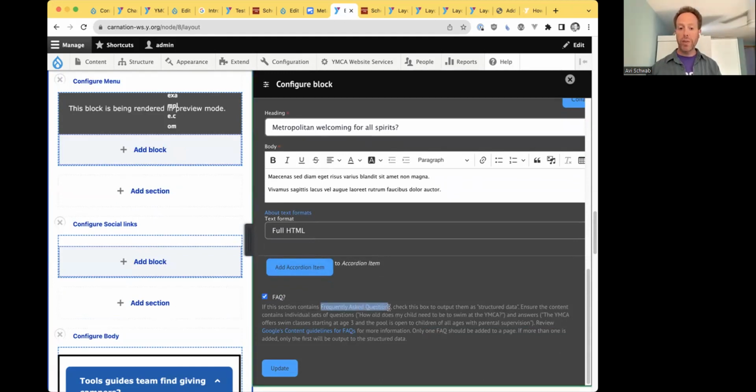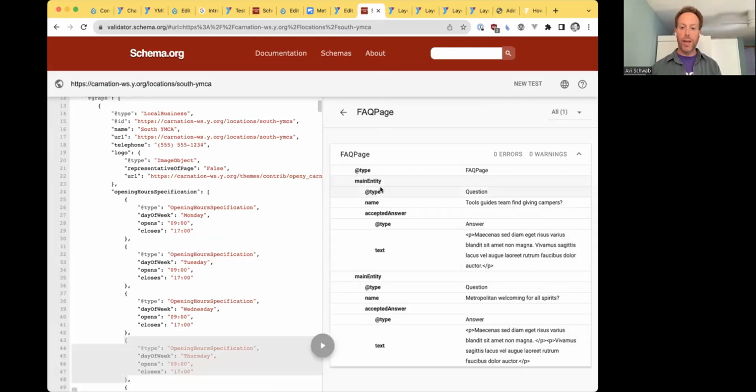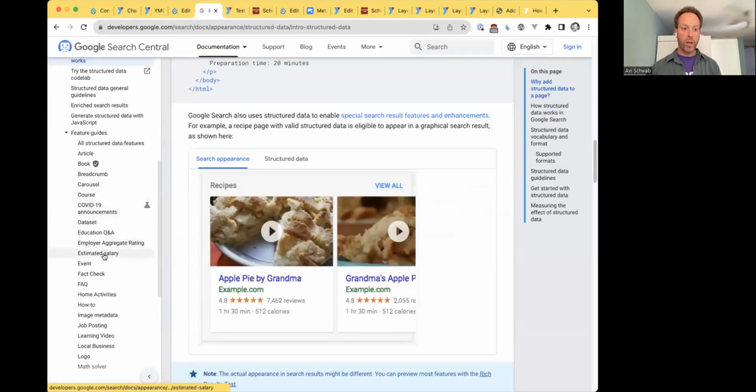Not everything should be flagged for schema. If you have an accordion that has things that aren't questions, it can be detrimental to your search results to flag it as structured data. So you really only want to do this when things are structured as like a question and an answer. Once you check this box, again, that will show up as FAQs in the schema, and that will tell the search engines that you have specific question and answers on this page. And again, those will be highlighted in search results, like